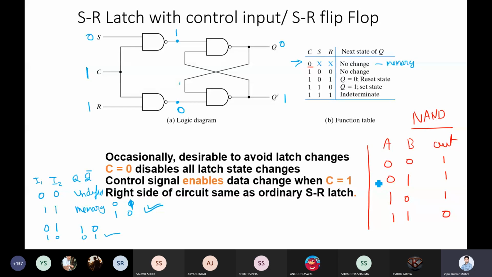So the same thing we have seen here. If your value is 0 and 1, S and R, and clock is high, then Q will be 0. So you can say this is your reset condition. Now let's check if value is 1 0. So instead of 0 and 1, let me check the value. Okay, let me modify this. This will also modify. Let me check the value of